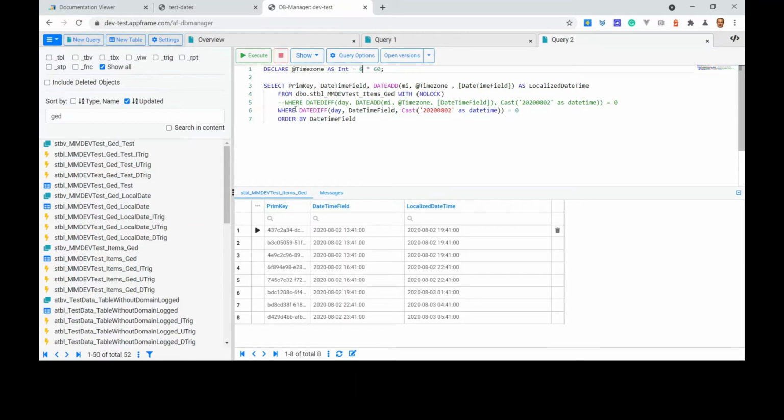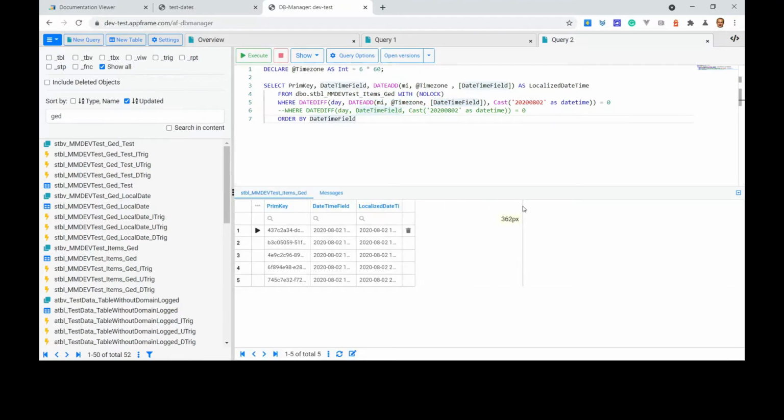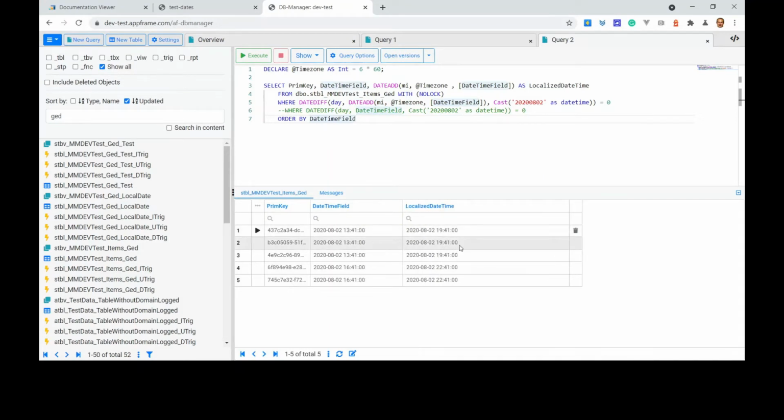So to make things right, I will just remove this one and get this one in place. So we have expression which makes date localized, and also we use the same expression in our filtering. So when I execute this, now I get correct results. So from now on, for all datetime fields, we will add this time zone into account to make this useful